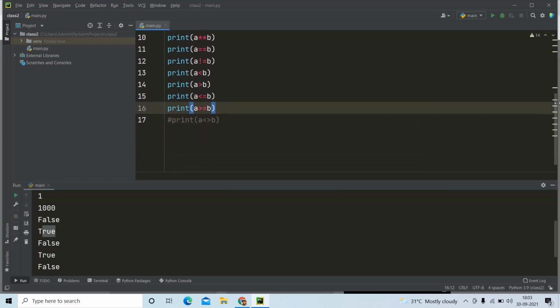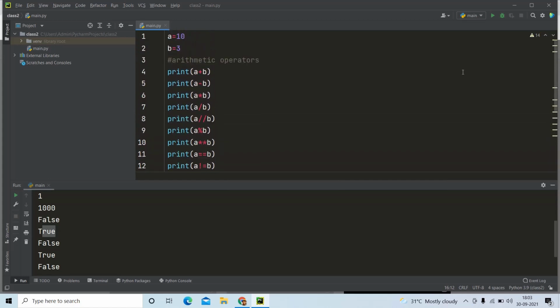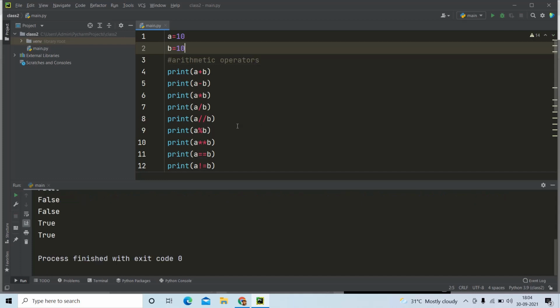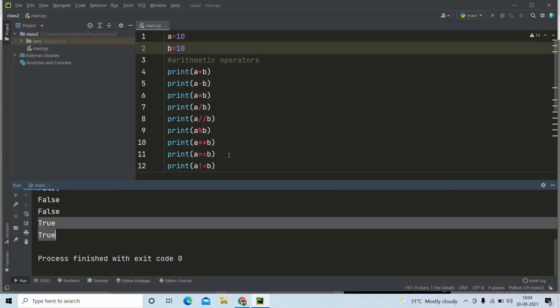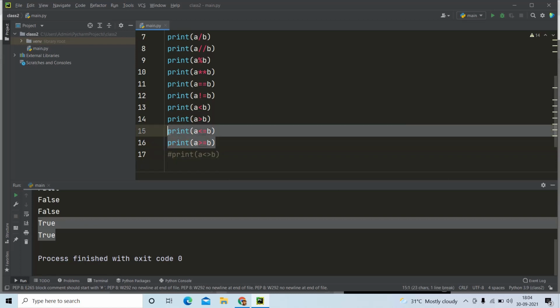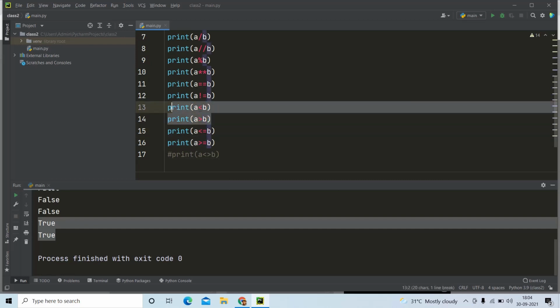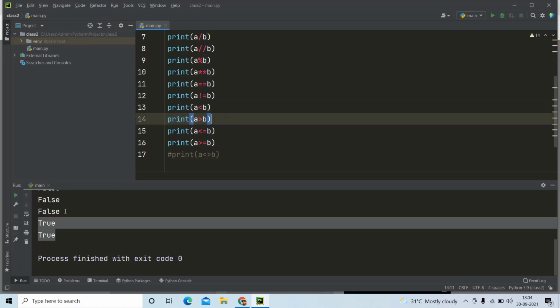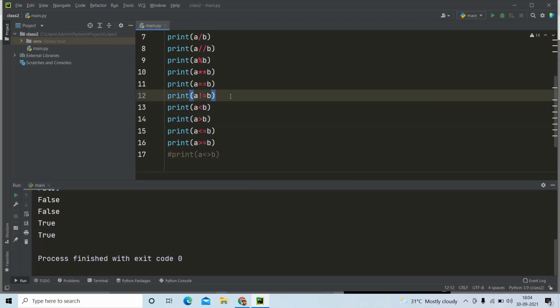So these are the basic things which we can follow in a relationship operator. You can change that with same values also. Now I'm just changing b to be equal to ten to check whether the greater than or equal to symbol is working. Can you see here the last two symbols are performing true because it is also equal to, because the last two print statements are for equal to also. So it is printing true, but it is not going to print true for both these conditions because it is neither greater than nor equal to. So it is going to print false again. And I hope now relational operators are very good and very convenient for you.